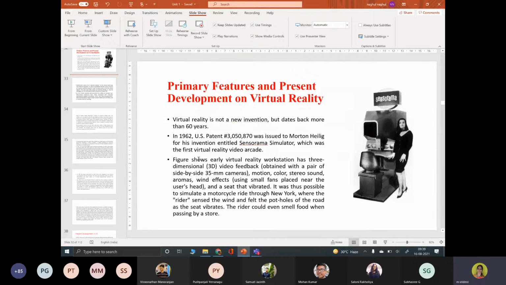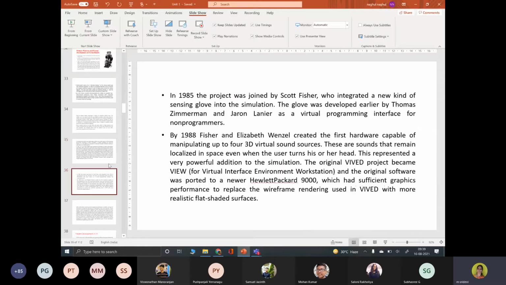So in the early 1960s they developed a system which focuses on motion, color, sound, aromas, wind effect, everything. To obtain this effect they used separate devices. That's why they had huge-sized VR displays in olden days. Later it was made into one smaller system, and for getting an effect in the seat, vibrators are used to get vibration effects. I'll be coming back to the